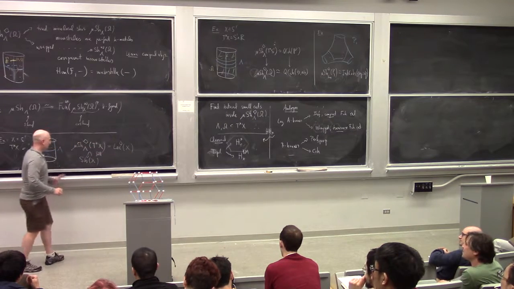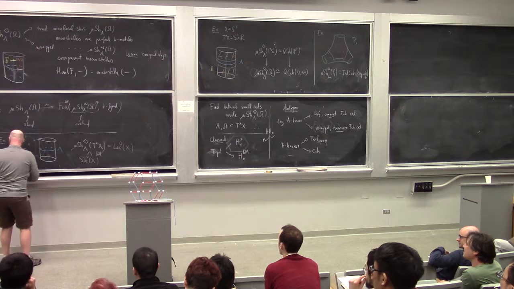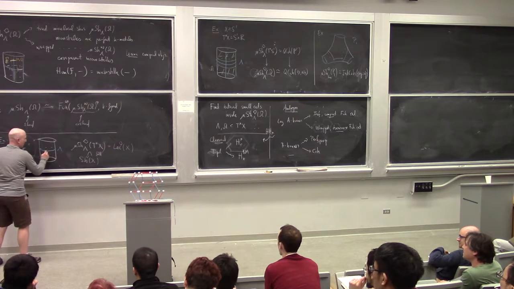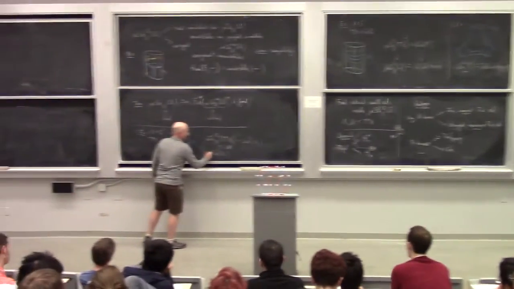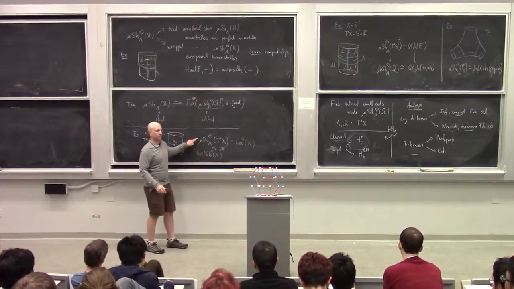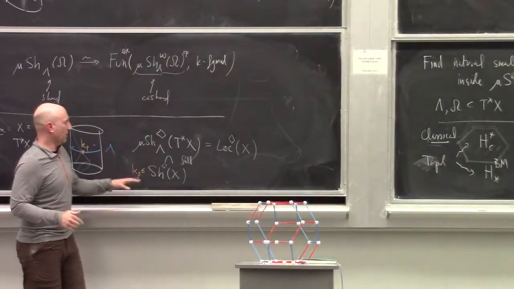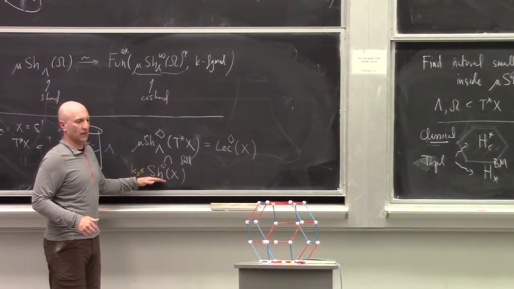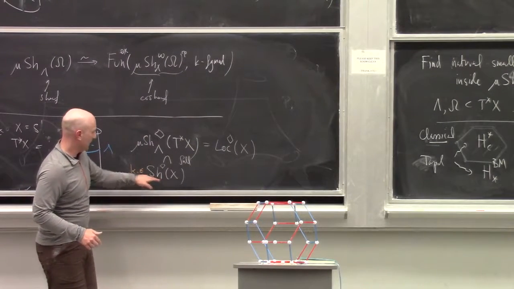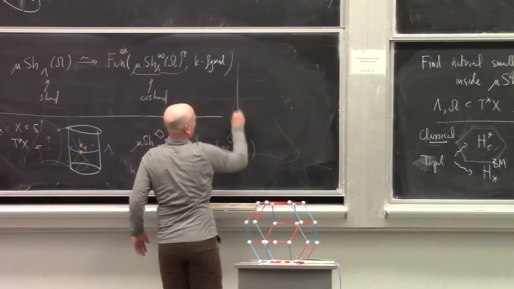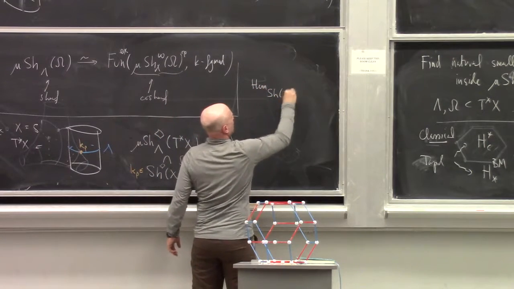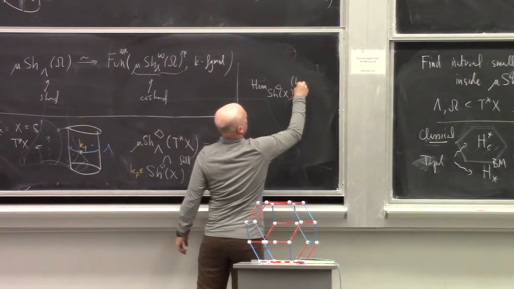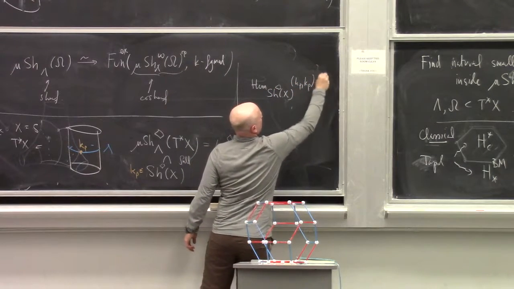Now into the room walks your guy, the skyscraper at this point, K sub P. K sub P is here, he's not in the subcategory. So you're right, there's a calculation: Hom of K sub P in here. To be pedantic, the Hom of K sub P to itself in sheaves on X diamond equals K.